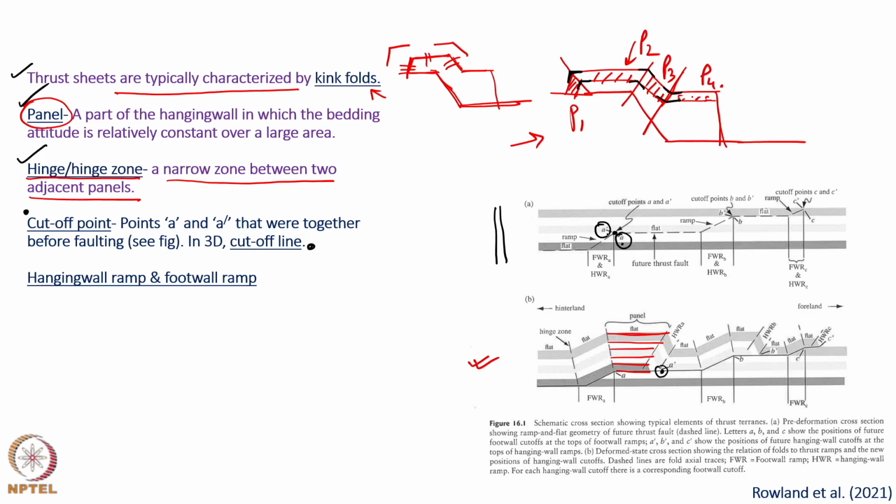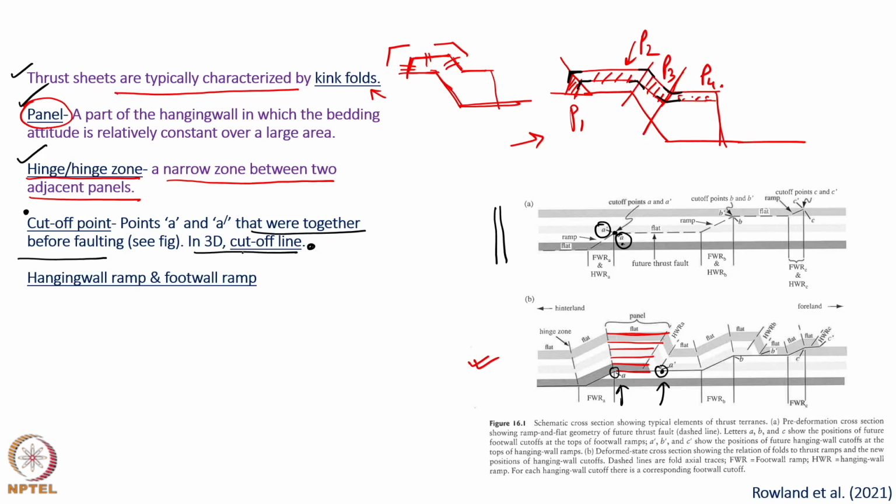Point A dash on the future hanging wall and point A in the future foot wall block are shown, and after faulting A dash has come over here and point A is lying there. These points A and A dash are known as the cutoff points. They were together before faulting,